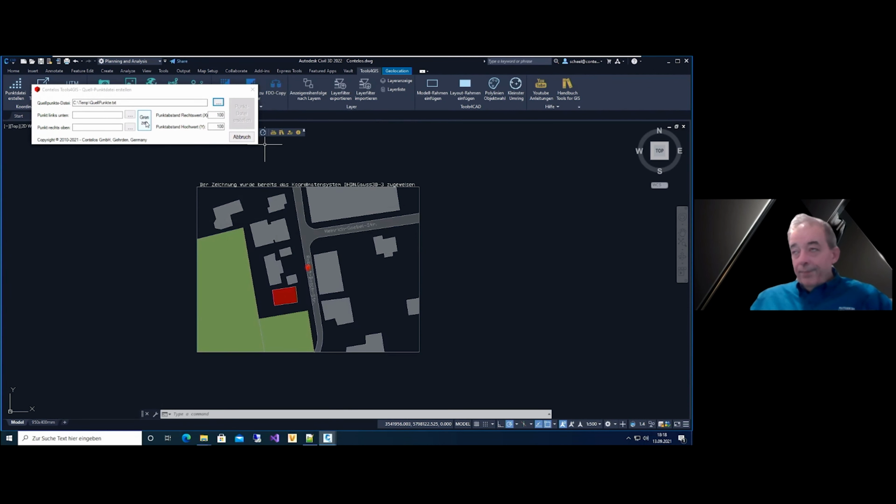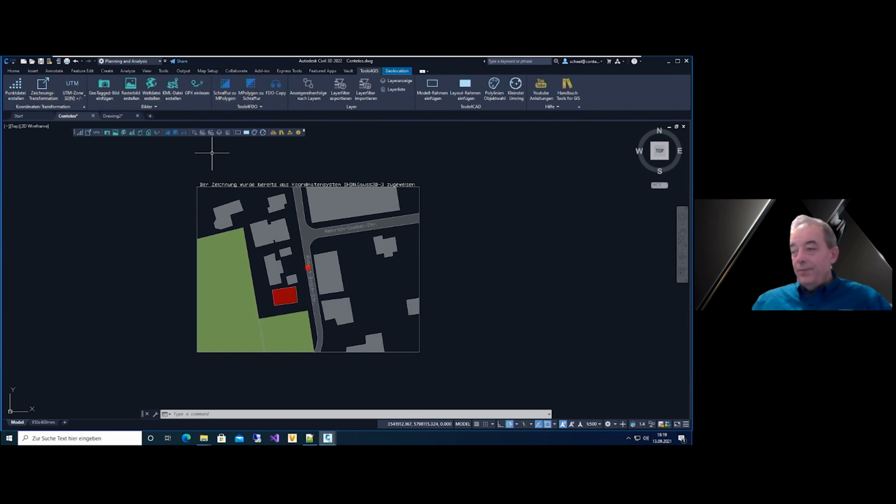Now it needs the area. You can use the limits or pick the point at the left bottom and right top to define the area. On the right side, you will see the grid width. We are using at this point 100 meters. And that's all. And we say, okay, create the file. It was successful, and that was what we have. Let's have a look at what it produced.